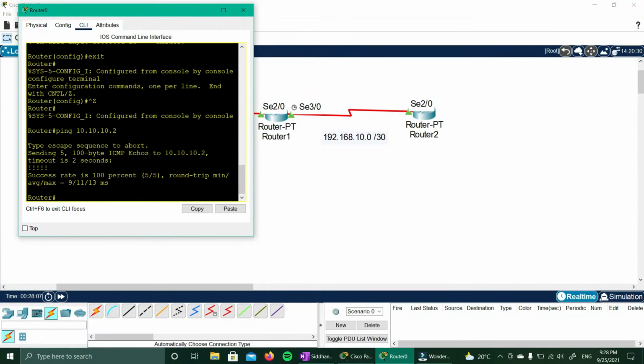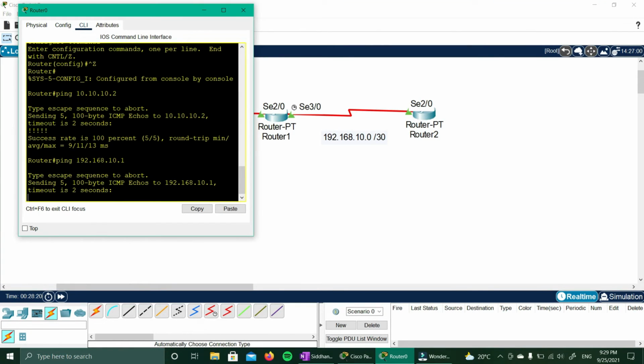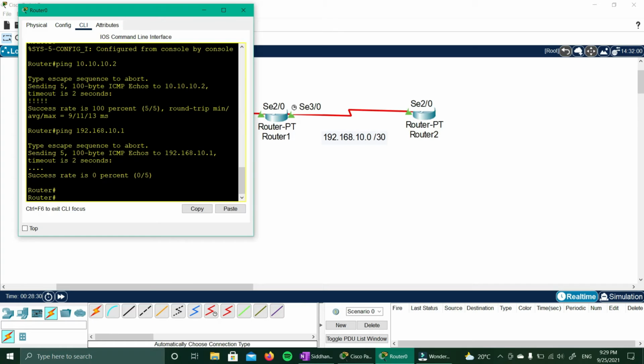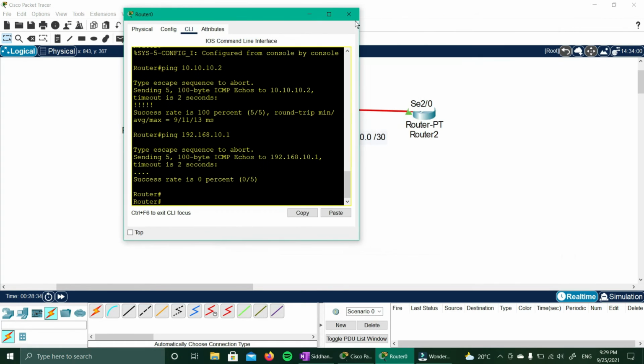Now the same thing, I want to ping 192.168.10.1, which is this SE3/0 on router 1. So when I do that, see, I'm not able to ping that. Request timed out. I will press Control Z, Control C. This is the reason, because we will go to the router and we will see the routing table, which is